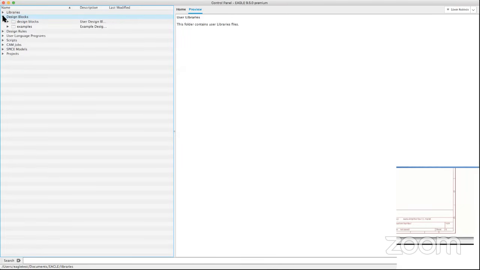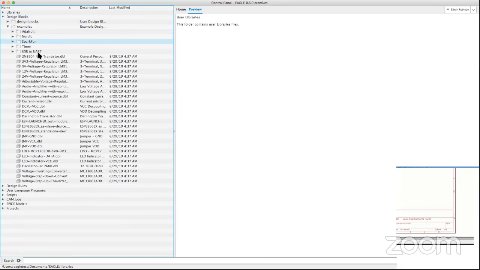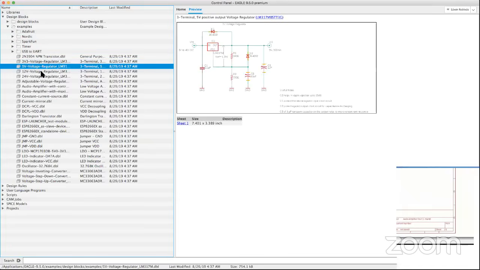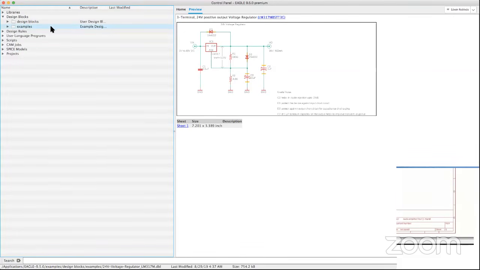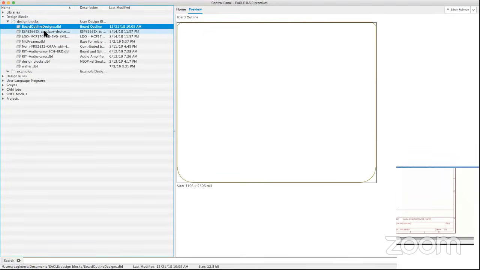That way you could actually add them to your schematic and add them to the board as well. So let's say you have a multi-channel design. You could only create one. It's possible to just create one channel, one schematic, one board layout, and then you could actually use a design multiple times. So that way you don't have to be relaying out each channel every time. So we have some examples here that have been contributed by Adafruit and Spark Fun, and some of the ones that we actually have made ourselves. So this is under the examples folder. These are the ones that we have created ourselves. And this is our local ones right here. These are some that I've been working with